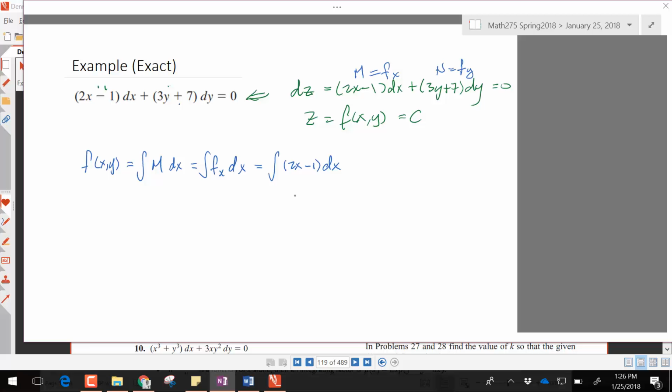Just like the derivative, when you take the antiderivative with respect to x, we're going to treat the other variable as constant. There's no y's in there, so we don't need to worry about treating anything constant. So the antiderivative is just going to be x squared minus x plus some constant, right? Now, I was going to put c in here,